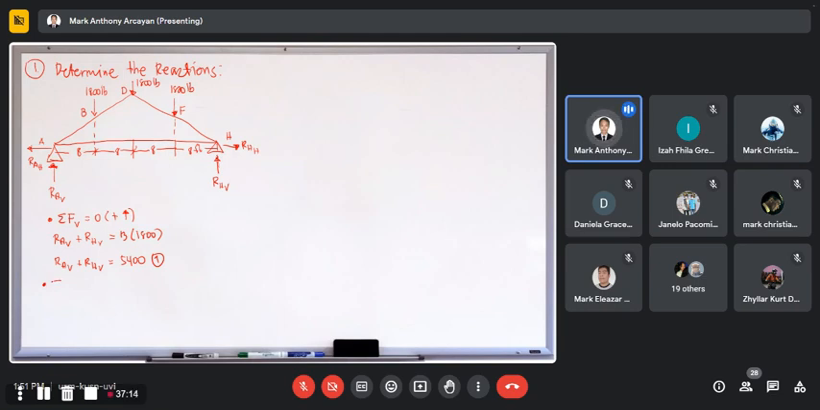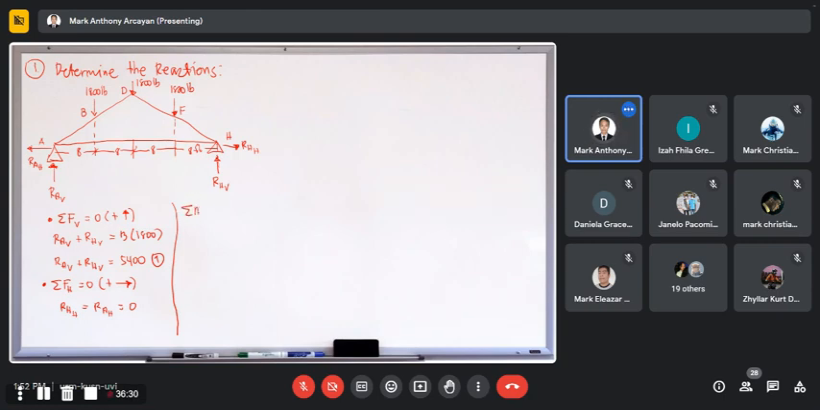Next is, if we take summation of forces horizontal equal to 0, positive to the right. We have two forces acting horizontally. These are the horizontal reactions for pin H and for pin A. And there are no other external forces acting horizontally, meaning these two are equal to 0, since there is nothing else for them to support. Okay? Next, to solve for RA vertical and RH vertical, we perform the last equilibrium equation,